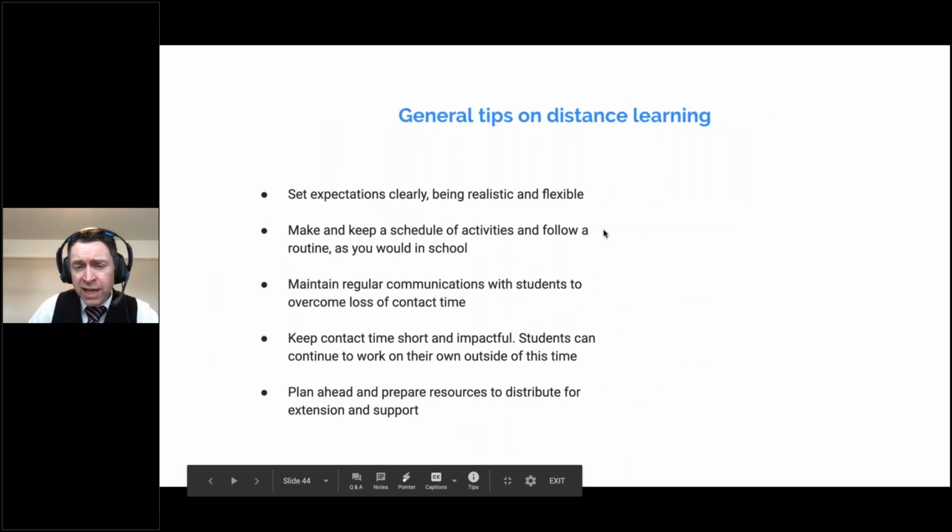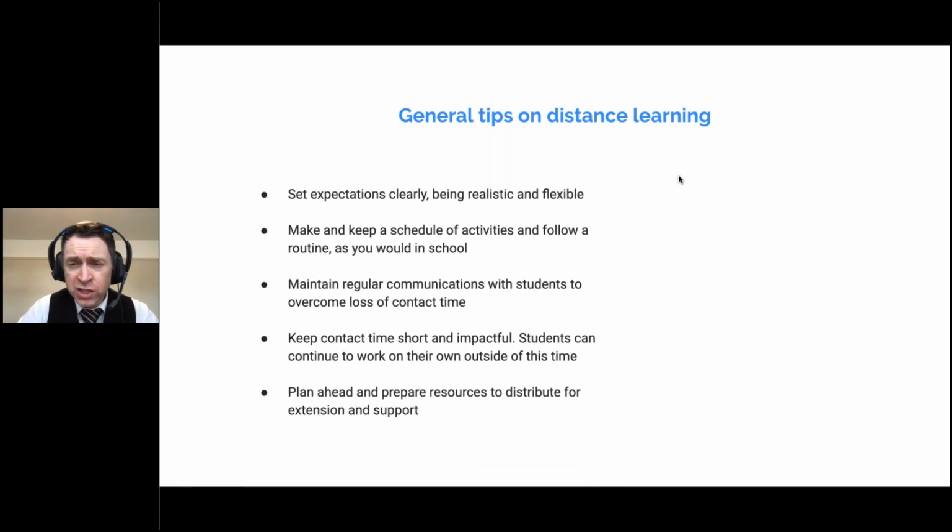Now, speaking as an ex-teacher, I also try to think about some of the things that would be top of my mind each morning when I'm thinking about how to go about communicating with my students, given that I would have been at home and they would have been at home too. So these are the sorts of things which I think it's worth keeping at the forefront of your mind.